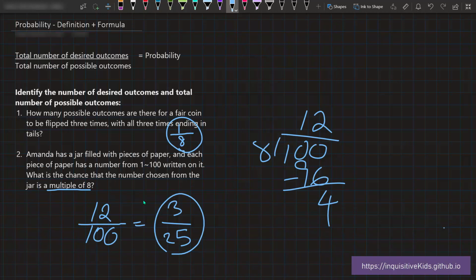Now that you have a basic understanding of how to identify probabilities of simple word problems, stay tuned for the next video where we will be looking at some